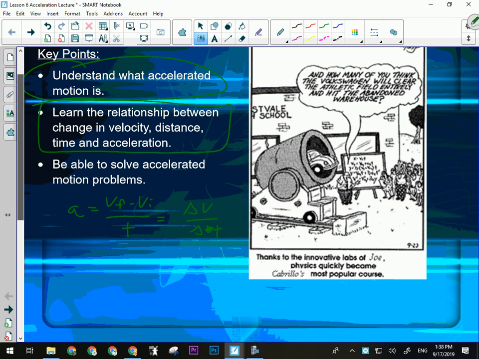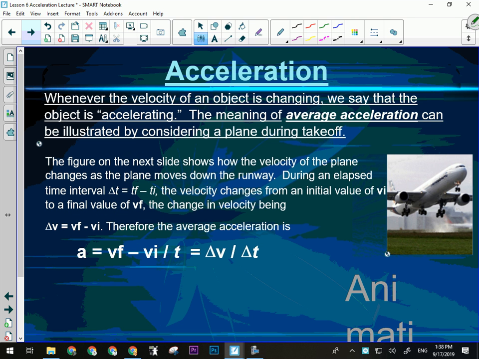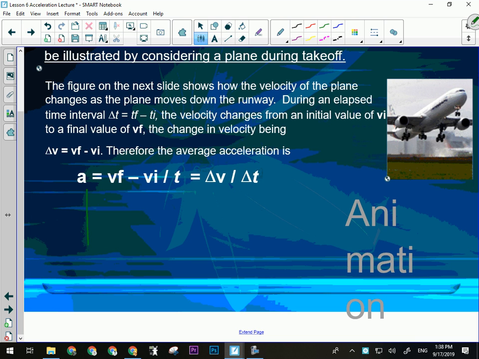All right. So, whenever the velocity of an object is changing, we say the object is accelerating. The meaning of average acceleration is best illustrated by a plane taking off, because the acceleration is uniform. The velocity changes evenly over the course of the entire movement. So if I was looking at a plane during takeoff and I was looking at its velocity versus time graph,